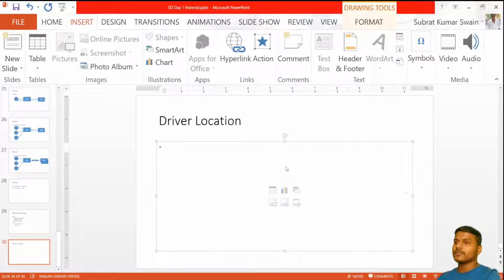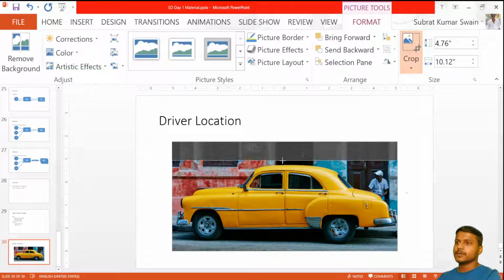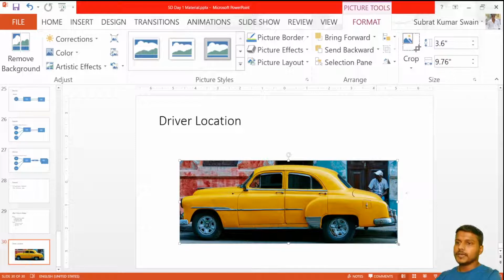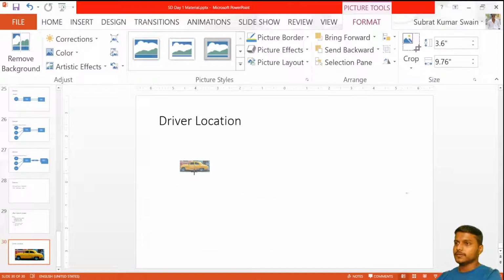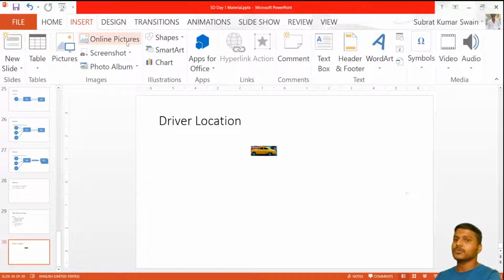Okay, it's downloading. Yeah, we got it. I'll drop it and decrease the size of it. So this is my cab, Uber. So this is the driver. I need to get the location of the driver, so there should be a system there which would